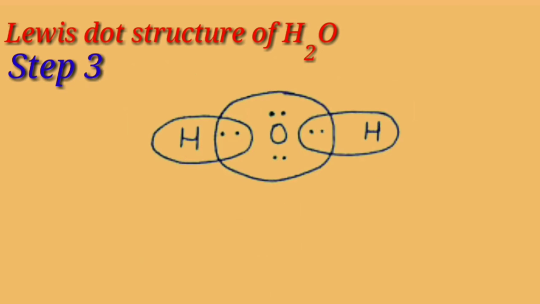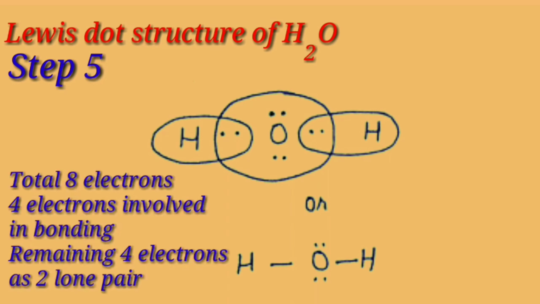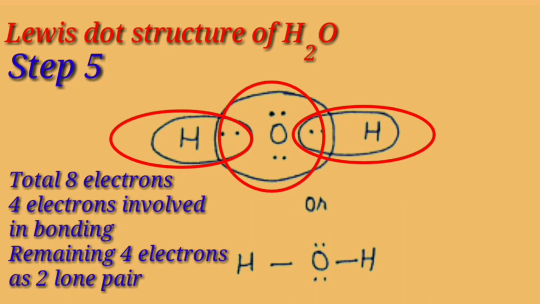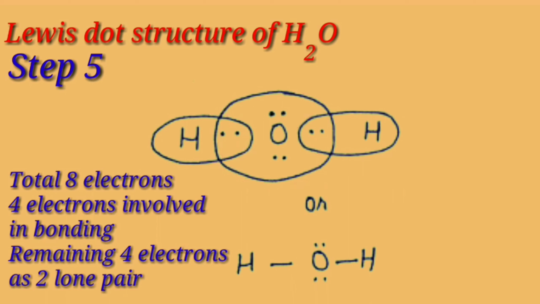In the next step, we need to draw a single bond between the central atom and surrounding atoms. Then in the next step, we need to place remaining electrons in pairs around appropriate atoms. So we need to start with outer atoms. So over here, 8 minus 4 is equal to 4 electrons left, 2 lone pairs to add. In this example, the 2 lone pairs must go around oxygen. In the next step, make sure that all atoms that need octets have octets. That is done in step 4.